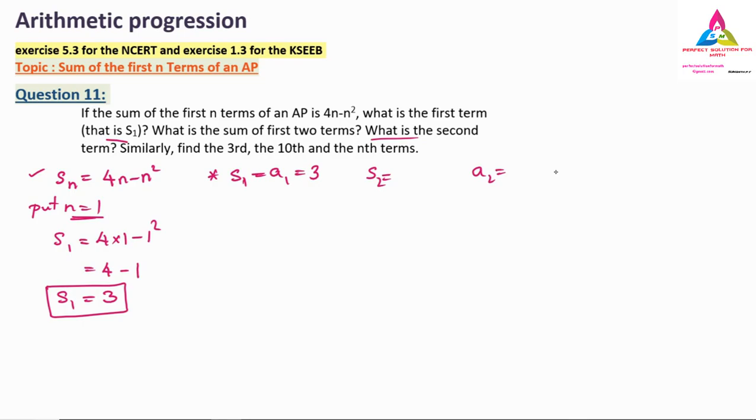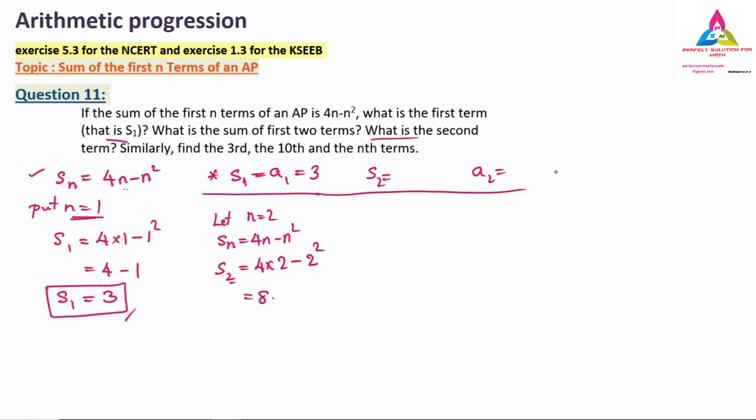So now we have to find S2. While finding S2, what you have to do? The same thing you have done over here. Put n is equal to 2 in this equation, that is Sn is equal to 4n minus n square. So S2 is equal to 4 into n value, now turns into 2, minus 2 square. 4 2s are 8, 2 square is 4, 8 minus 4 is how much? 4. So the S2 value we found is 4. Remember, I am writing that S2 value over here.